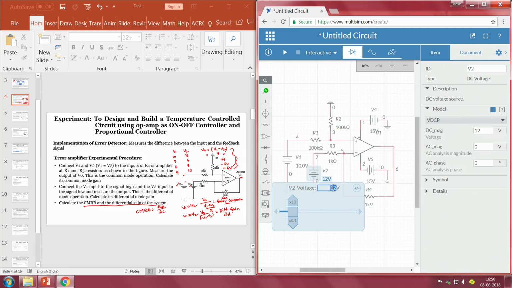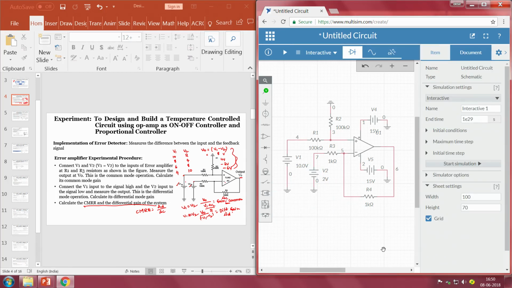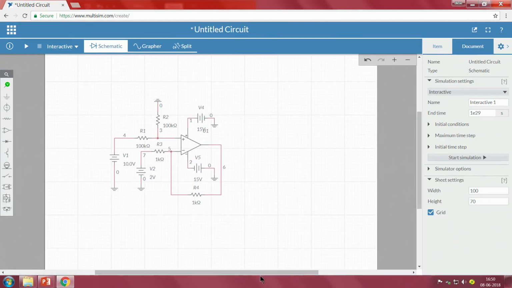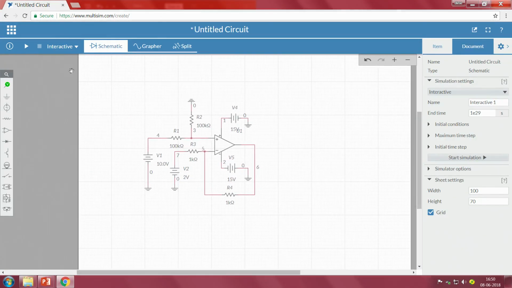I will start from 2 volts. To understand what we have done, we have to apply 10 volts, 2 volts. Let me see. First we will see the differential gain. I think we have considered the resistances R3 and R4 differently, and let me do the same experiment once again.